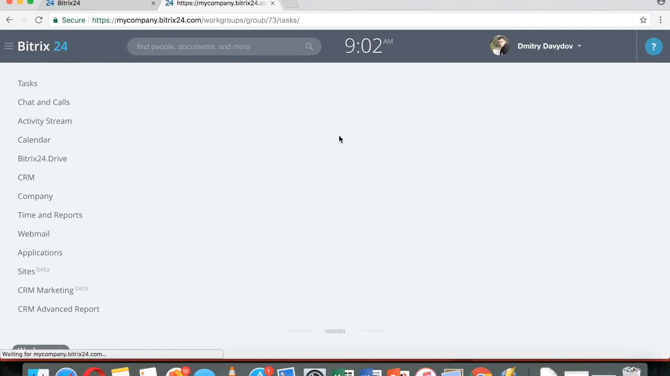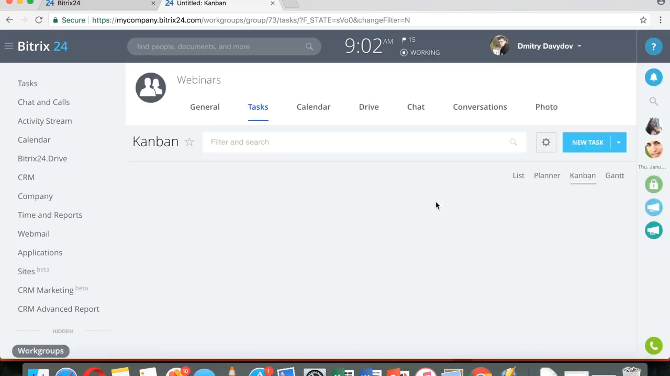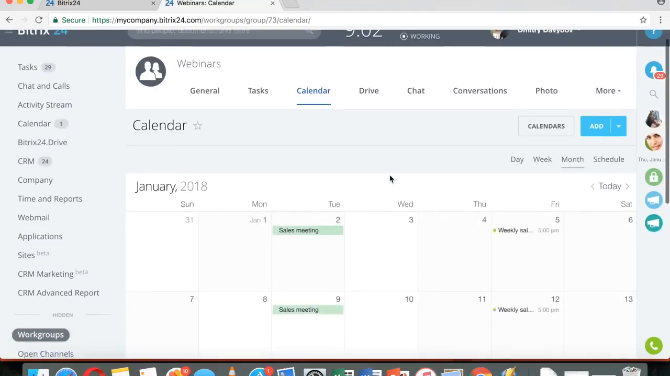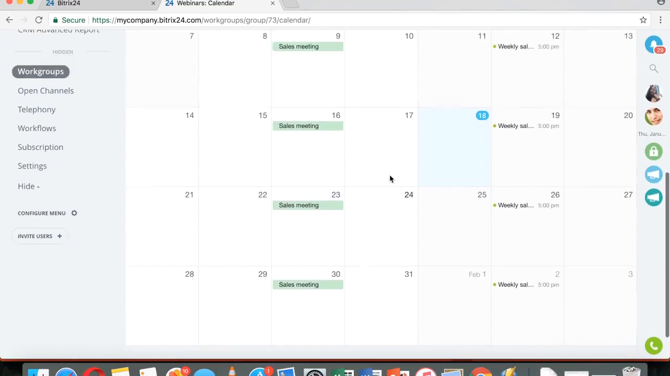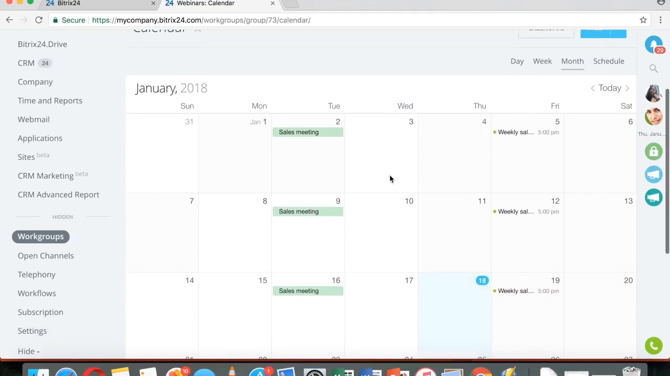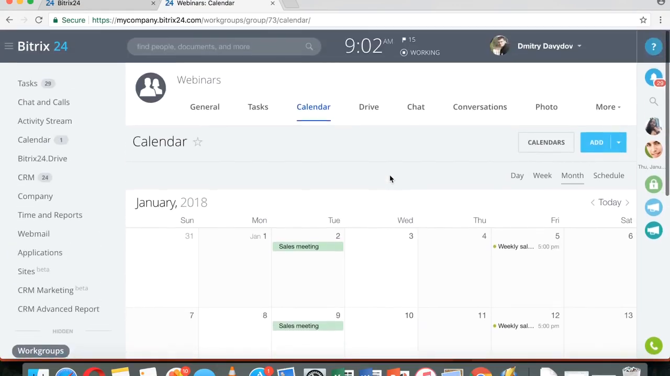You have tasks, Kanban board. The project has its own calendar. And by the way, the tasks can be displayed in the calendar as well, your personal tasks in your personal calendar. Another thing I forgot to mention that you should know is when you create a repeating task, let's say